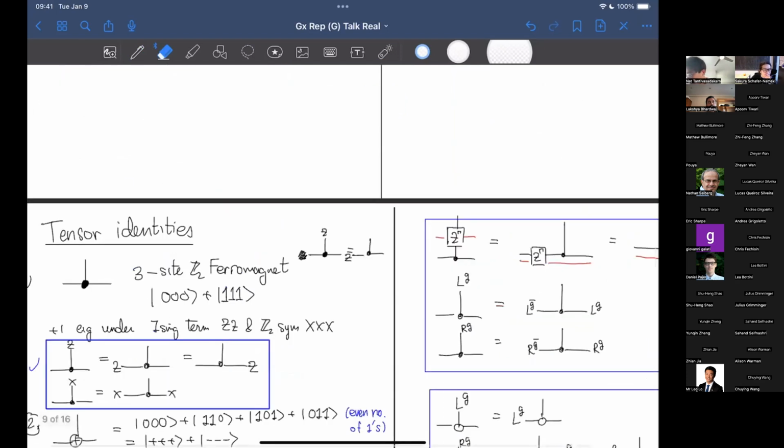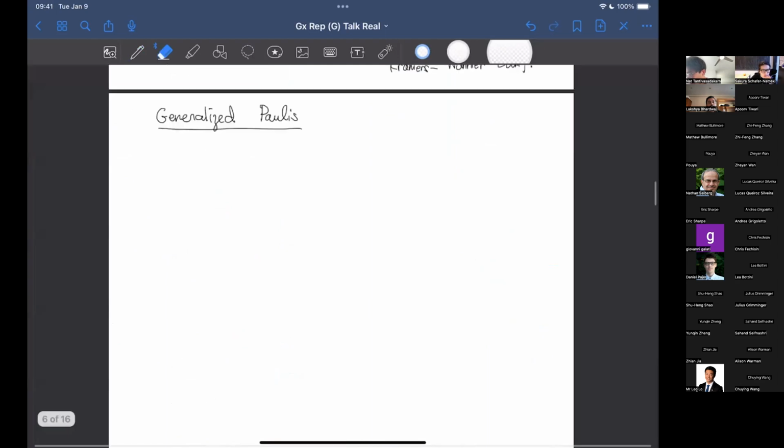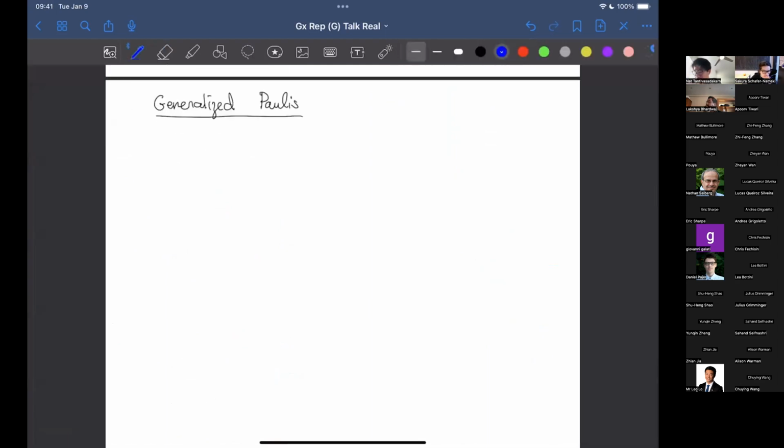Okay, if not, let me go back up here and explain the generalization of Pauli operators to finite groups. So what I'll need to generalize is what I mean by Pauli X and Pauli Z. And our Hilbert space will now be CG. So it's labeled by group elements g in the group G. And let me just, for shorthand, label g bar as g inverse. Okay. So